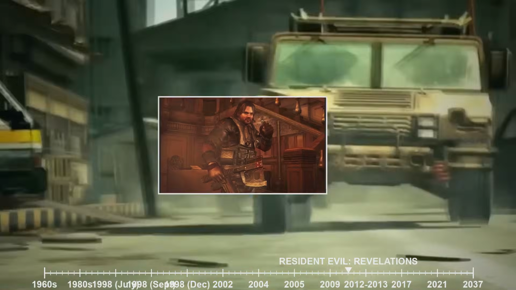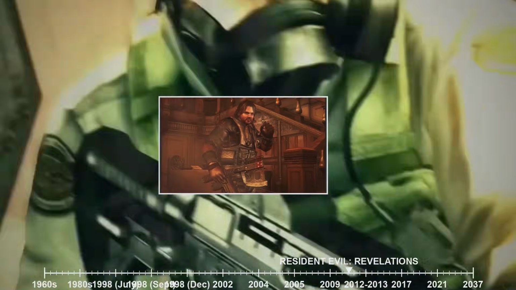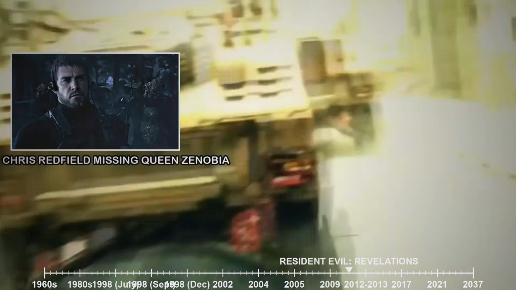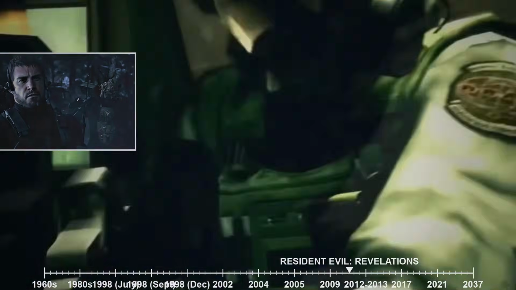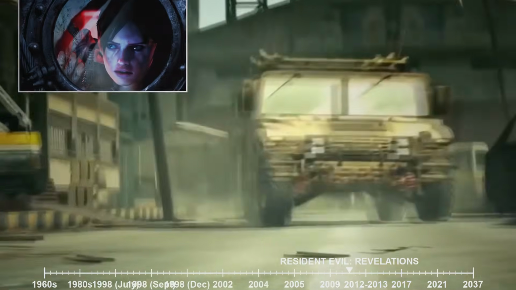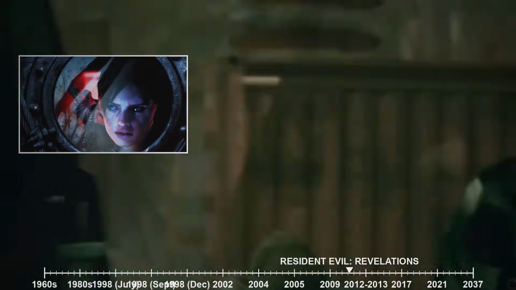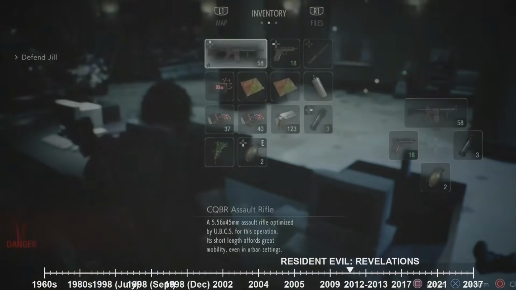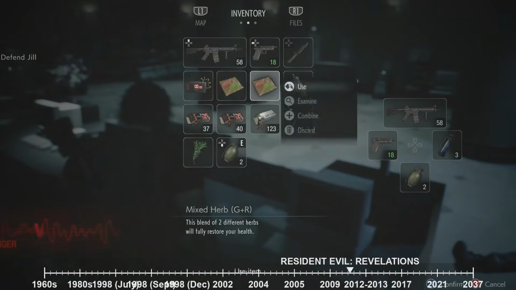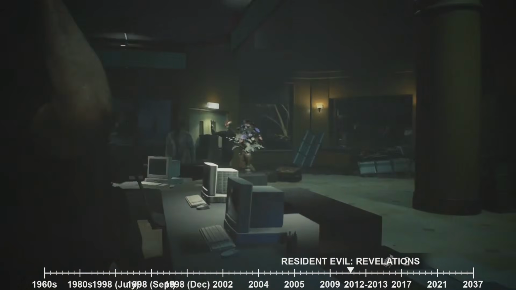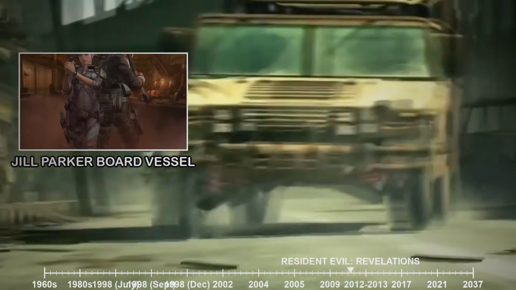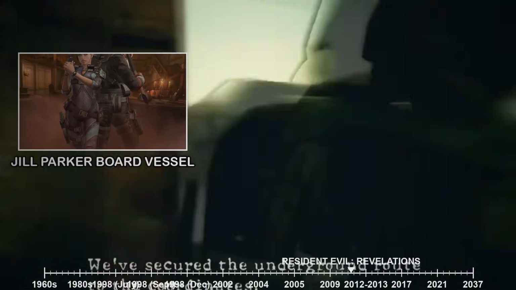Jill Valentine, partnered with the seasoned FBC agent Parker Luciani, embarks on a mission to the Mediterranean Sea. Their intelligence suggests that Chris Redfield has gone missing, believed to be held captive aboard a derelict vessel known as the Queen Zenobia, a ghost ship with a sinister reputation. The Queen Zenobia was a luxury cruise liner, now adrift and silent, an ominous presence on the open water. Jill and Parker, driven by a sense of urgency and concern for their comrade, board the vessel, unaware of the